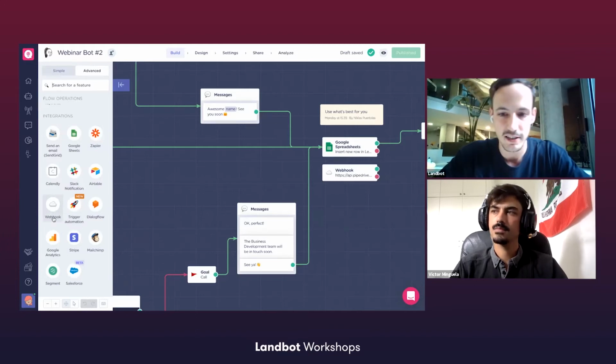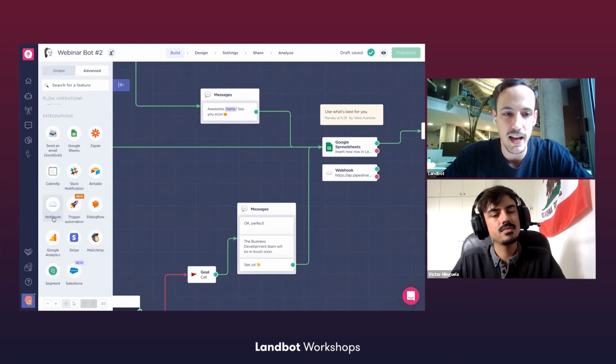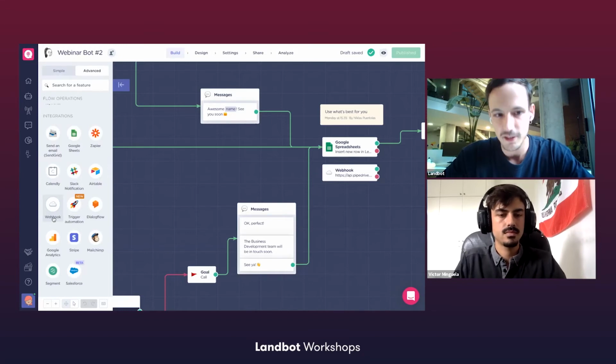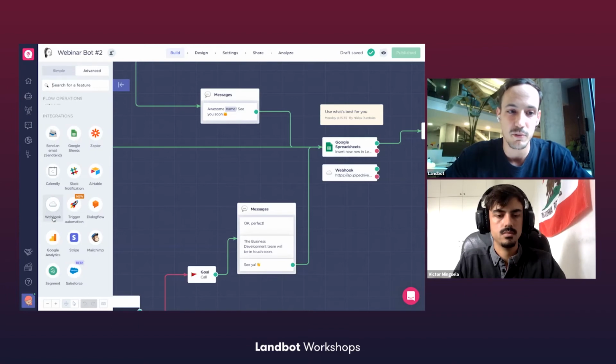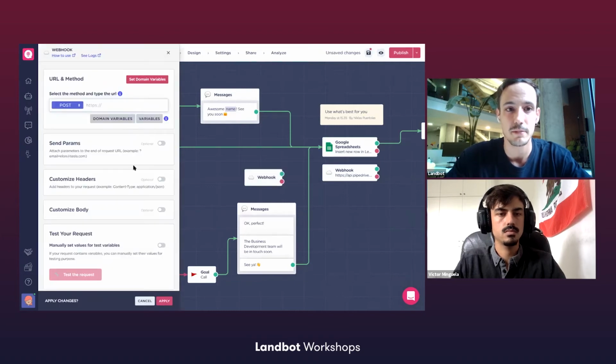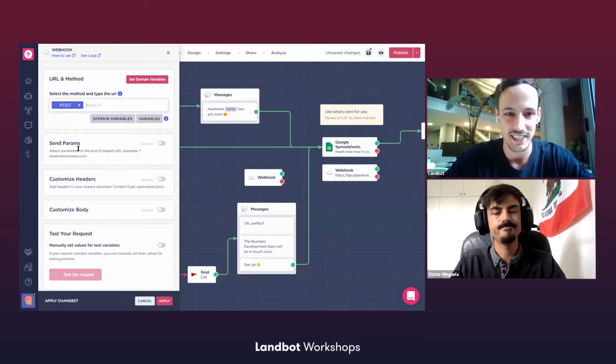Webhooks is the big boy of integrations and basically the most flexible one. I would say that it's still somehow no to low code. If you're not familiar with requests, you may have a hard time the first few times you try to configure a webhook. Again, there's a lot of documentation, but it's slightly more technical, and it can get really technical. But in exchange, it will give you the possibility to integrate anything. And when I say anything, I mean anything.